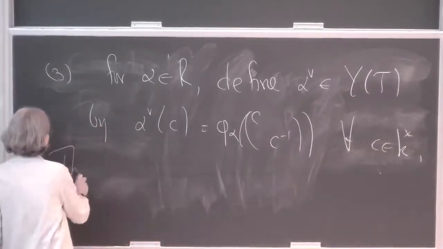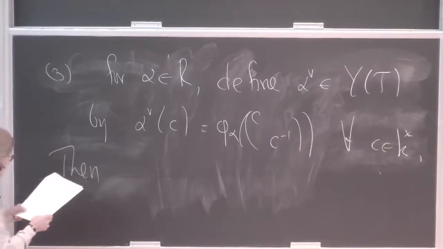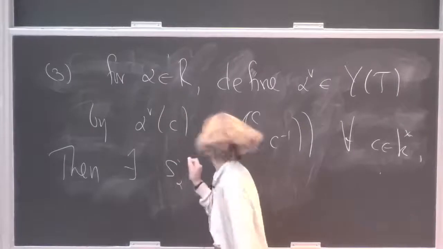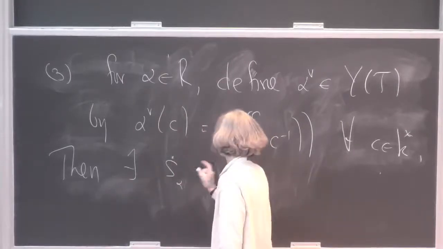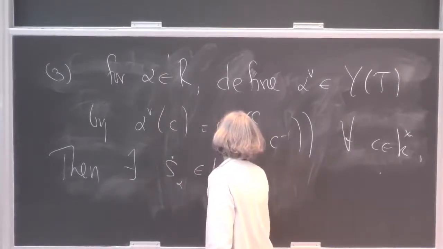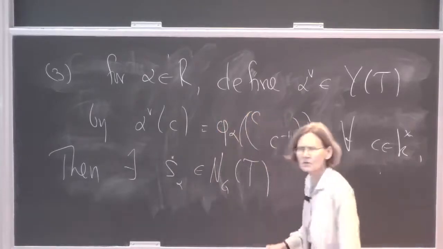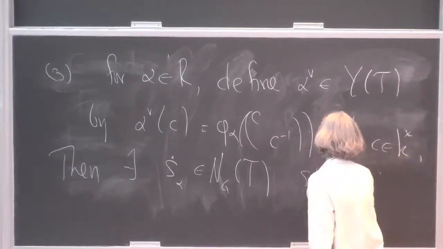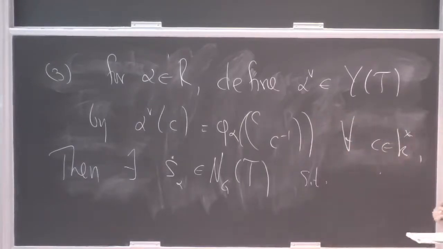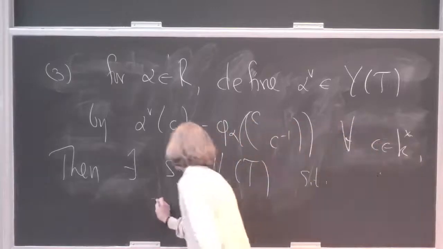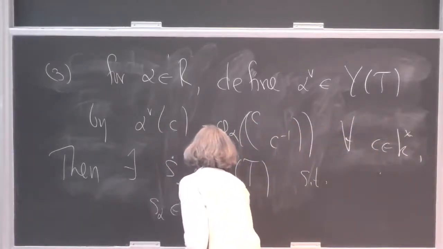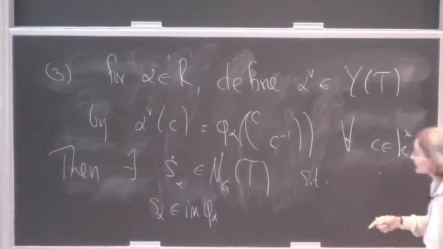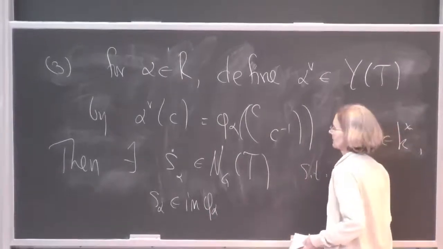Then there exists an S alpha dot in the normalizer of the torus, such that this S alpha dot lies in the image of this SL2. So the S alpha dot is in the image of phi alpha. And if you set S alpha to be the element of the Weyl group that goes with that S alpha dot,